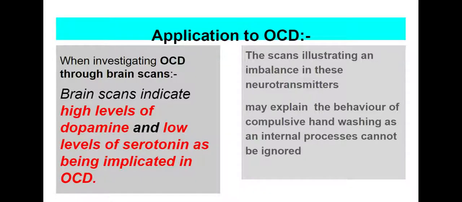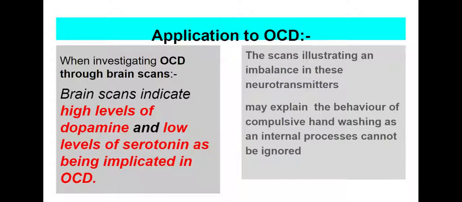So there are high levels of dopamine and low levels of serotonin. Therefore, they are assumed to be implicated in the explanation of obsessive compulsive disorder. And this imbalance of neurotransmitters may therefore explain why people have